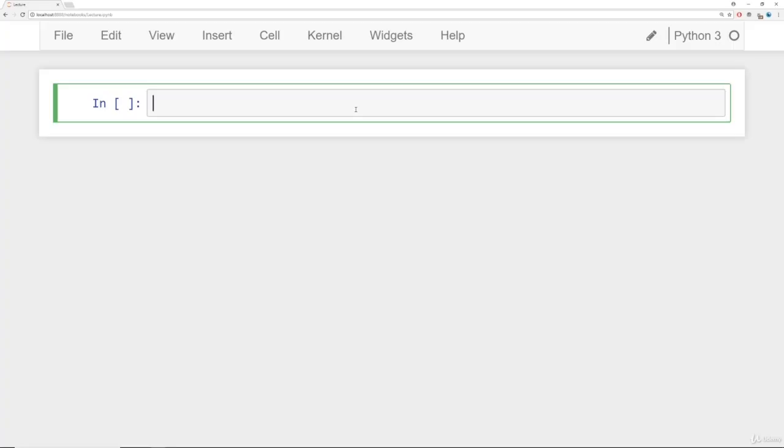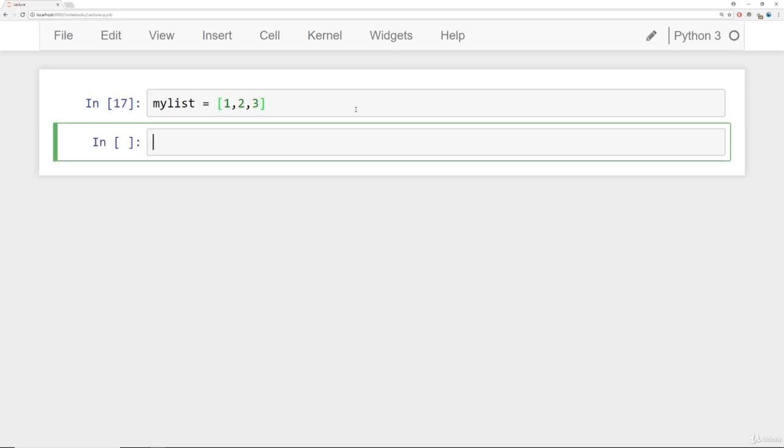Let's begin by talking about the range function in Python. Notice that often we were creating lists that were just a series of integers, such as 1, 2, 3, or 1, 2, 3, 4, 5, etc., all the way up to 10. Because this is such a common task, Python actually has a built-in operator for this, and there's two ways you can use it. One is you can iterate through it, so I can say something like for num